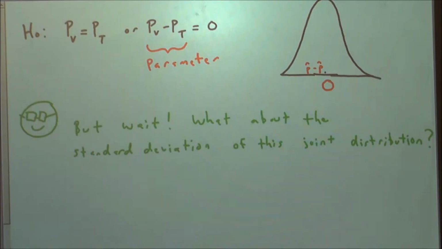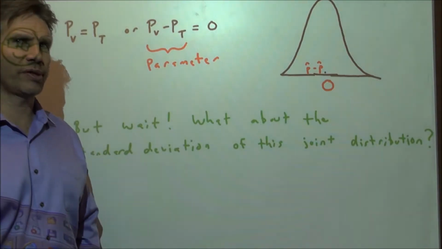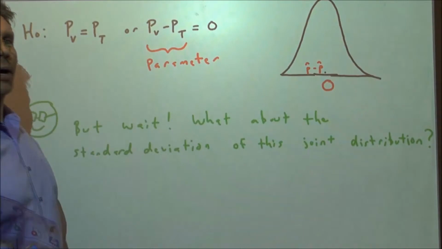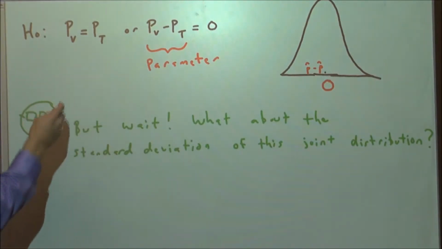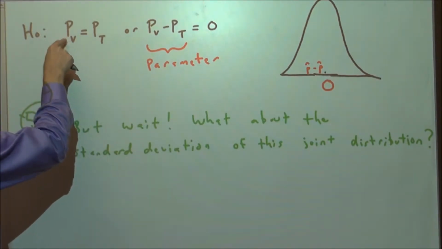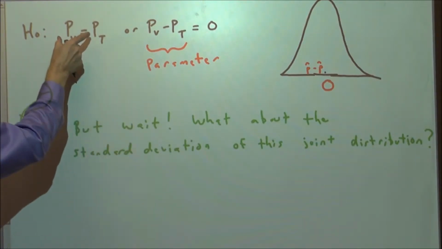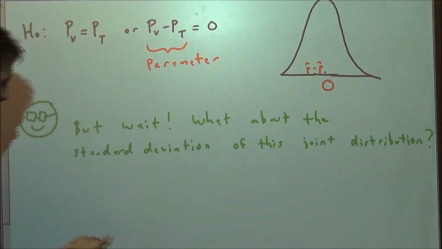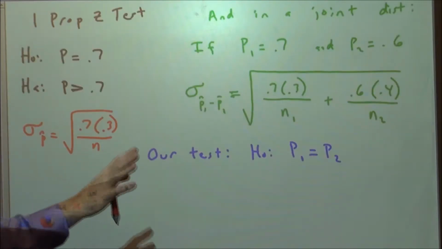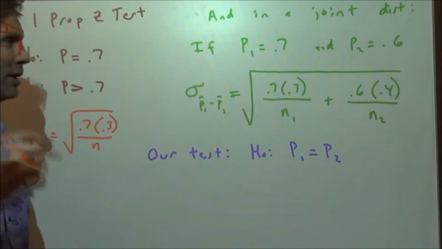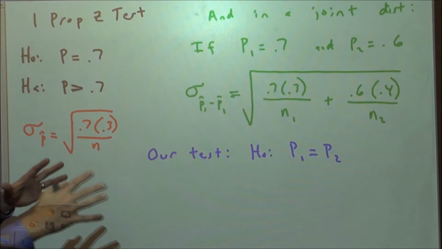But the nerd's asking a good question. Wait a minute, what about the standard deviation of this joint distribution? How do we go about calculating that? Because the problem doesn't tell us how big these proportions are. It just says test to see if they're the same or if one is greater than the other one. So this is where the pooled p hat comes in,